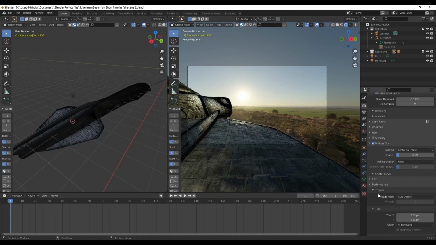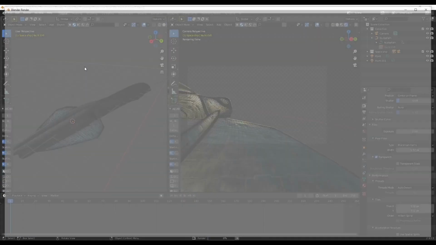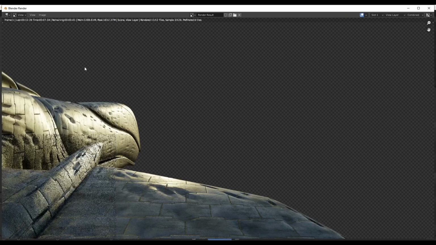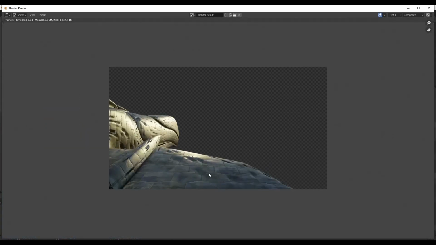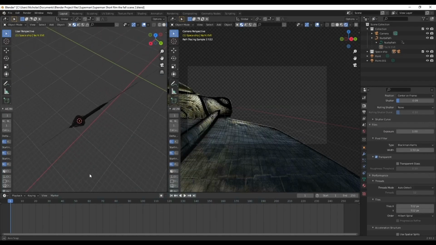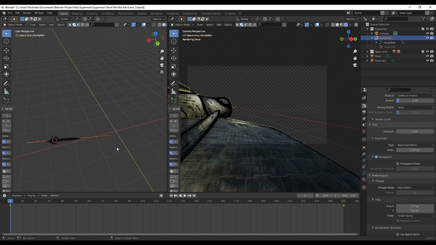We want to set the film here to transparent because we don't want to see the HDRI. We just want the effect of the lighting on the ship itself. So now when we render, you'll see that the background will be transparent and you'll just see the ship, because we're going to be adding a different image in of clouds from our library that we collected or saved. So yeah, we still need to fix that displacement at some point, which we will. Now we want to scale up our path here because we want it to fly a little further,